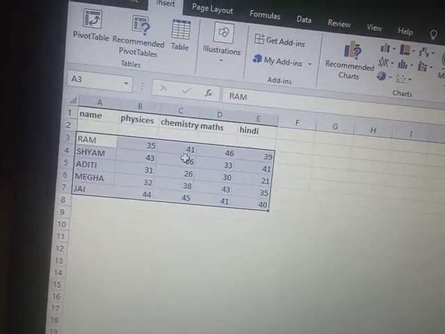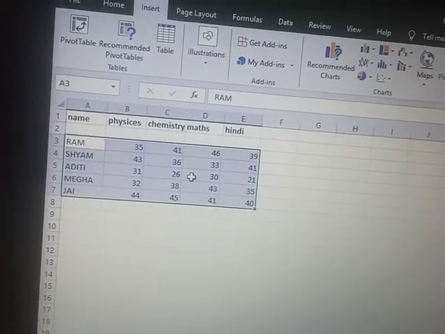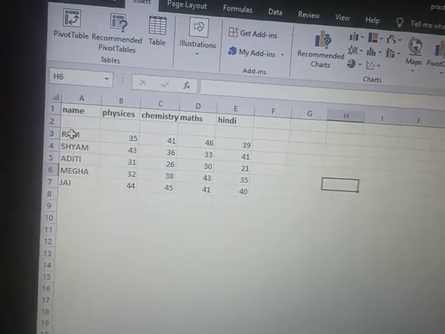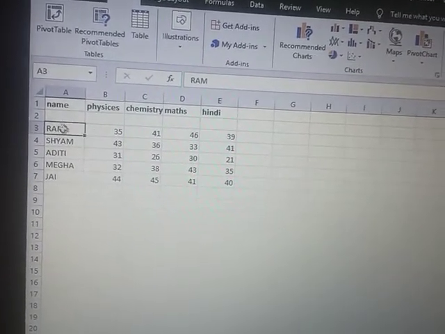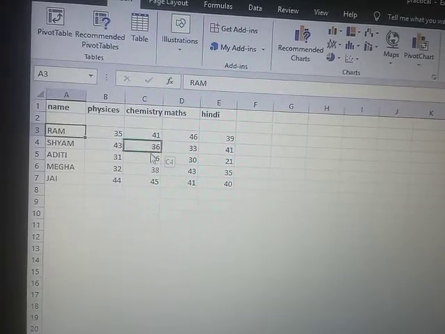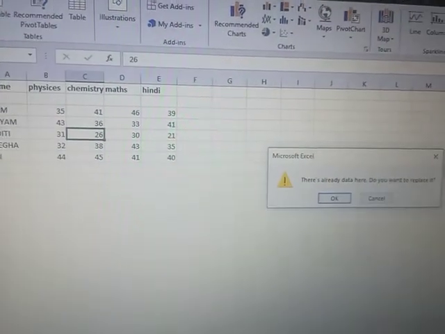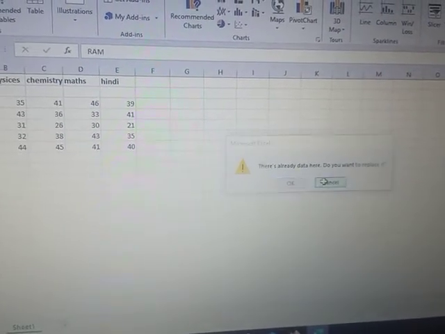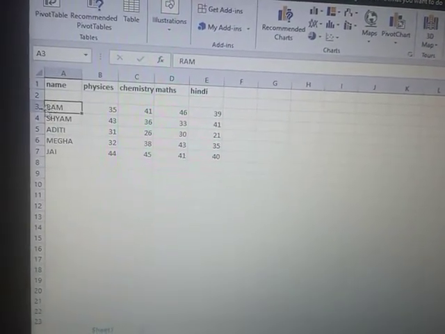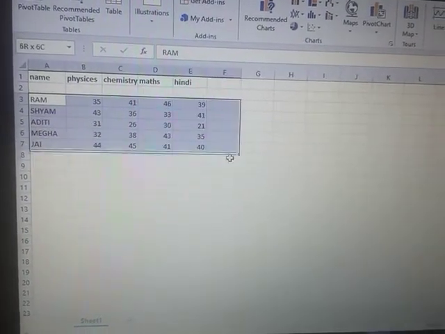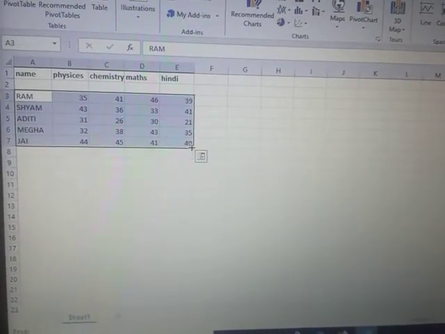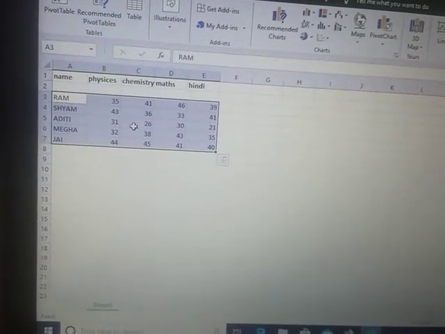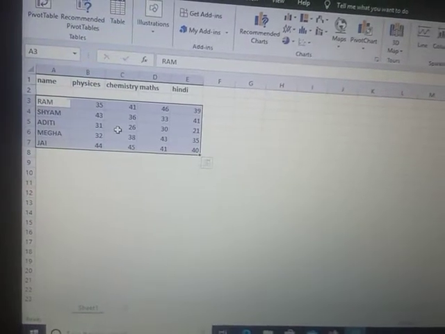Now if I want to make the chart of that, I will select the data with the help of the mouse. I am clicking the mouse here, pressing the button and selecting it like this, for the data I want to make the chart for. As I have just selected it,